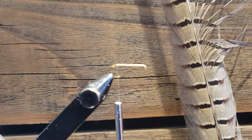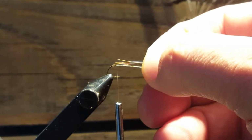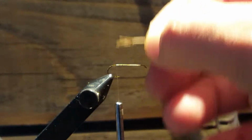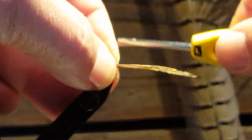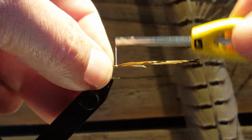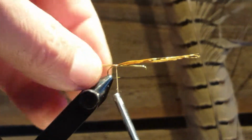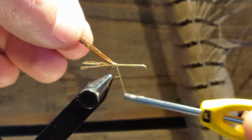Alright, now we got our pheasant tail cut out here, and what I want to do now is measure the length of it. I don't want it too long. I want it to be about the length of that hook, so right about there. And then I'm going to take it and just tie it right here where I stopped my thread. Alright, and what I want to do now is grab the butt section of that pheasant tail, and pull that